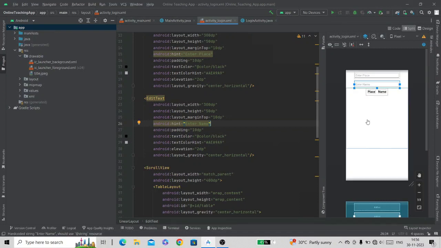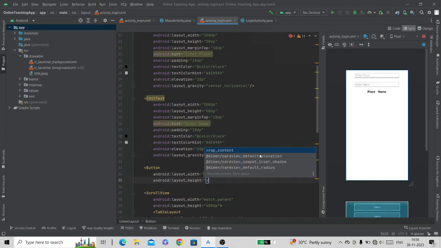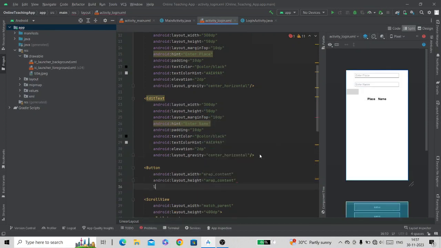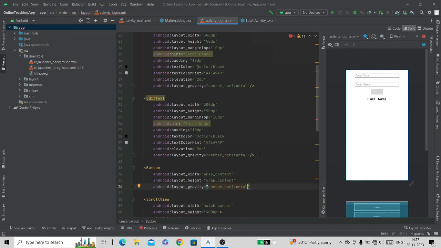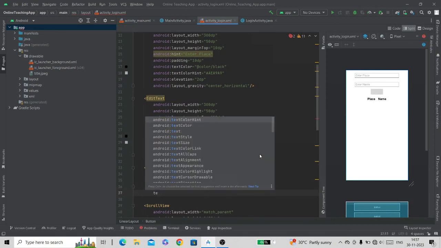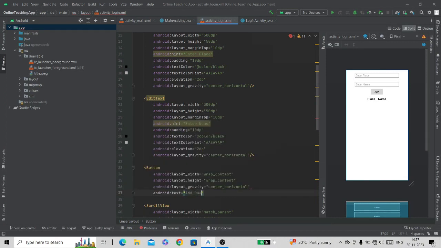Now we will create a button. Now at the end we will give IDs to all of them because we want to use them in our Java file.